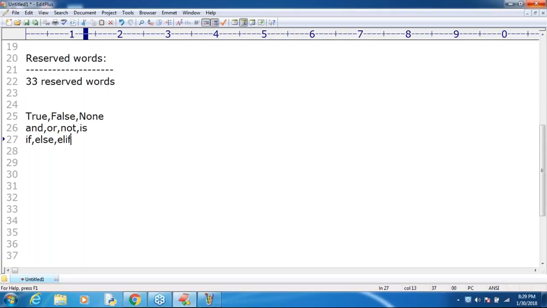Remember, if, else, elif. What is the meaning of elif? Else if. In Java or in C language we use else if, but in Python we have to write clearly elif, a short word. This is a reserved word.